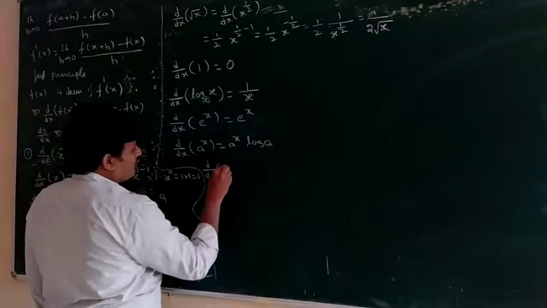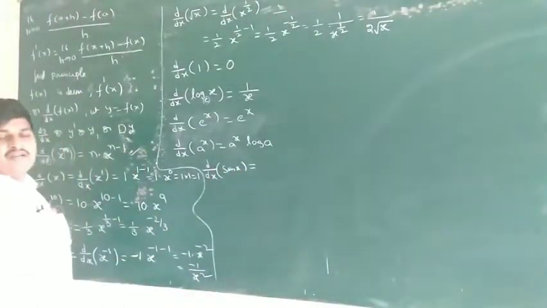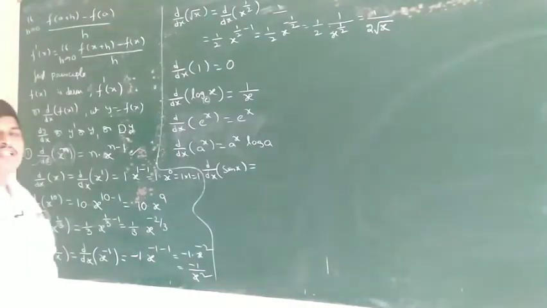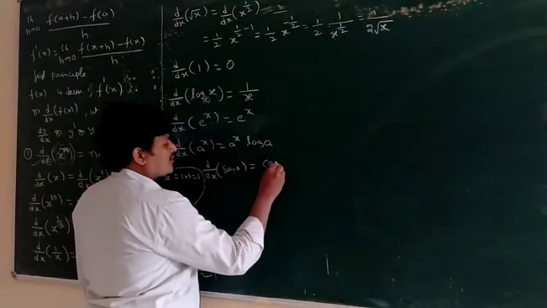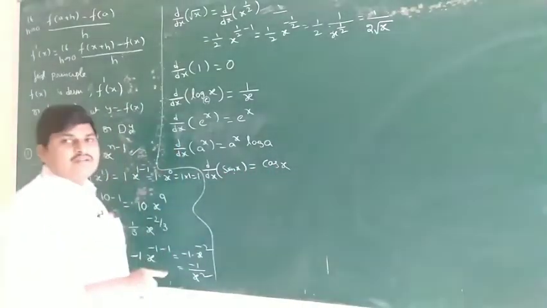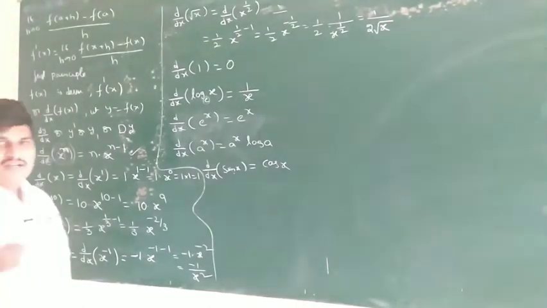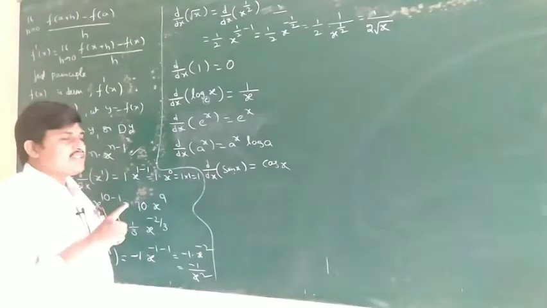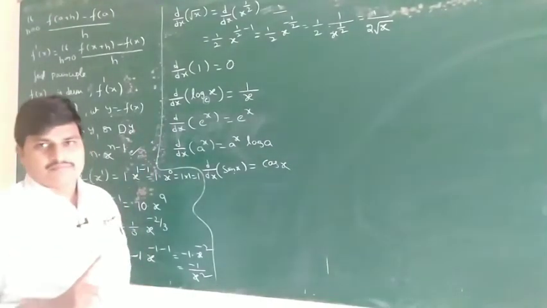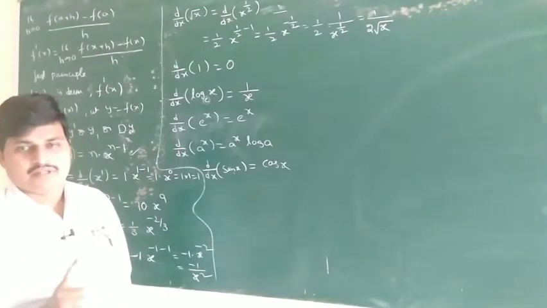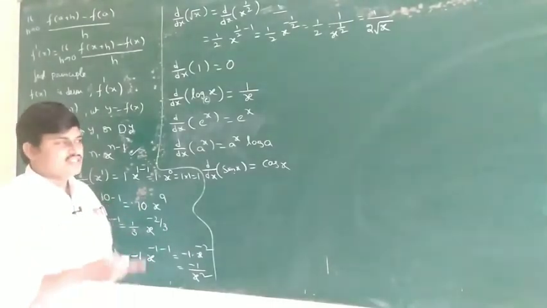dy dx of sin x. There is a sin cos relation. What is the relation? sin square theta plus cos square theta is equal to 1. So derivative of sin x is equal to cos x. Sin x derivative cos x, cos x derivative sin x, but negative or positive is the next question. First, sin x derivative cos x is best. Cos x derivative sin x means no problem, it is near to correct. But sin x derivative tan x is a blunder mistake.